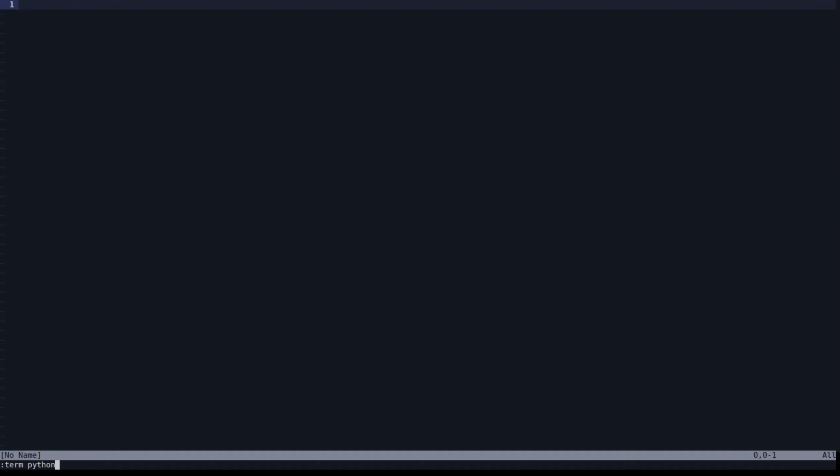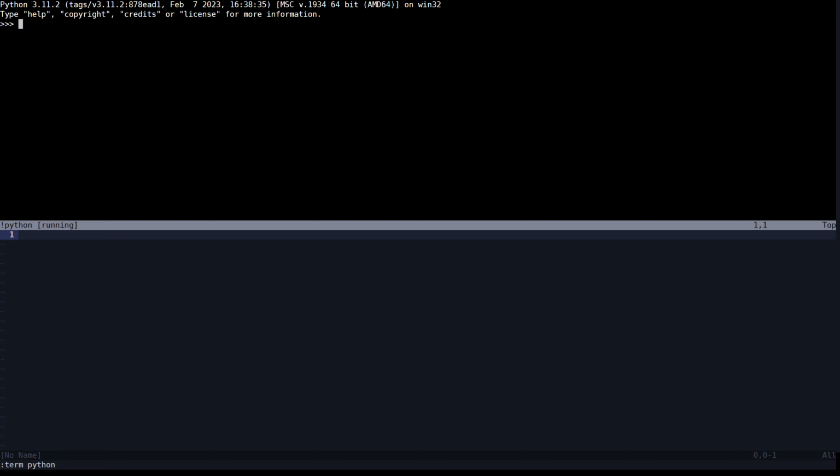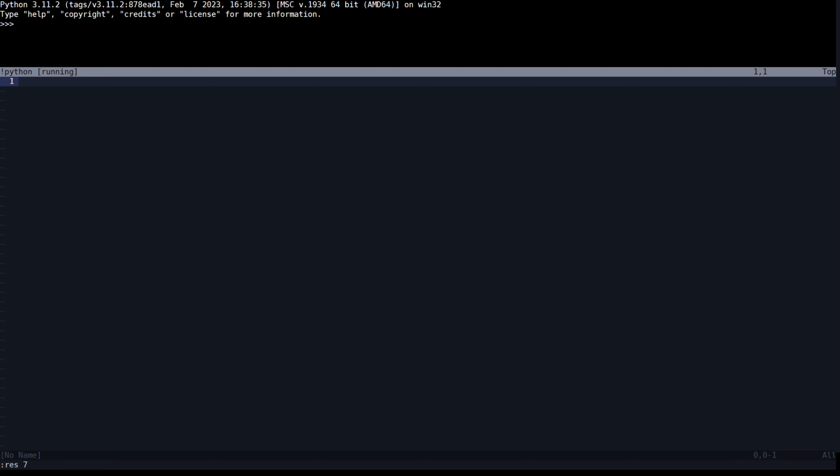Here I'm going to start a terminal with a Python instance running inside, and that is Python running inside of PowerShell, in this case running inside of Vim. This terminal has state. I can set variables